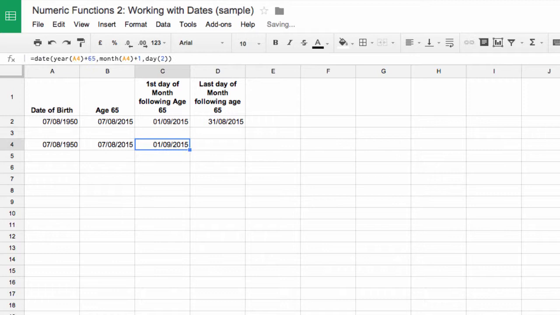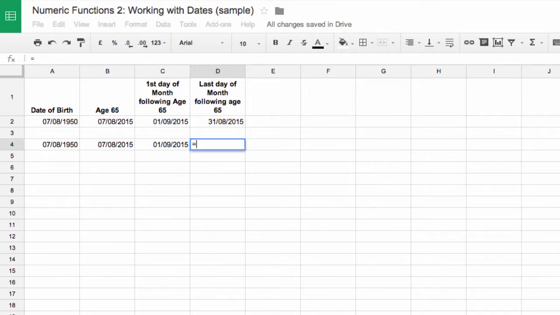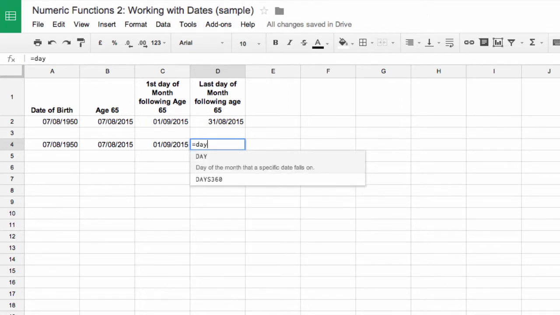And there we have the first day of the month following age 65. So their 65th birthday is the 7th of August 2015. So their first day of the month following that is the 1st of September 2015. And similarly, if I want to get the last day of the month following 65, I just do something very similar. Date,